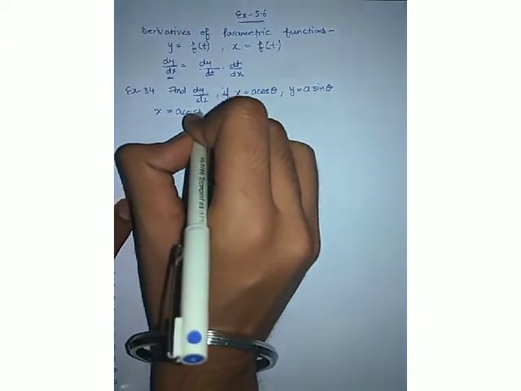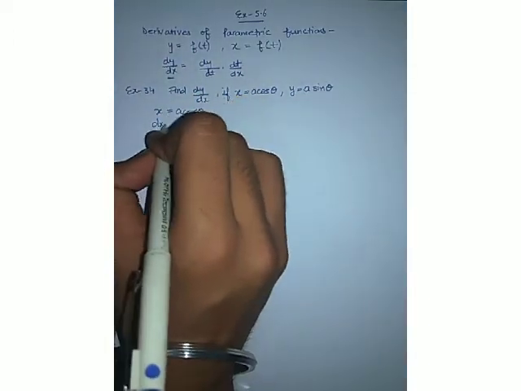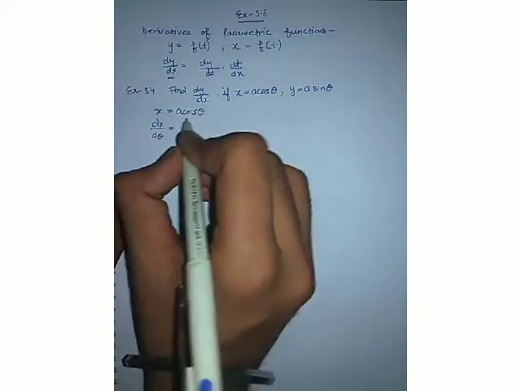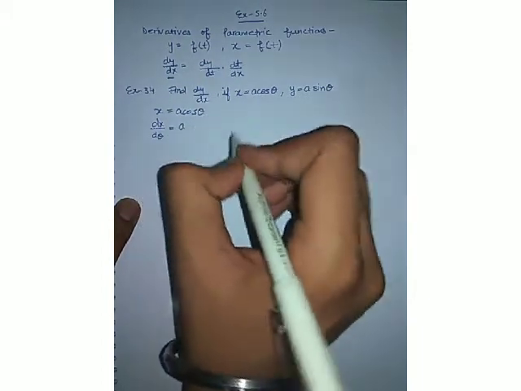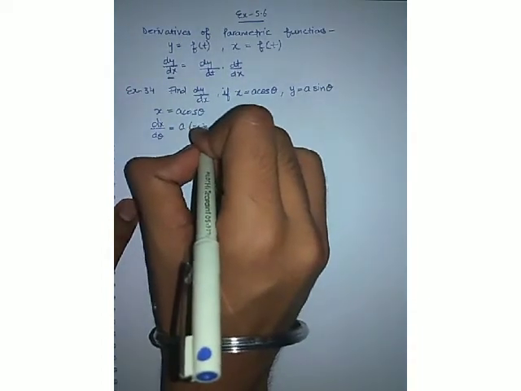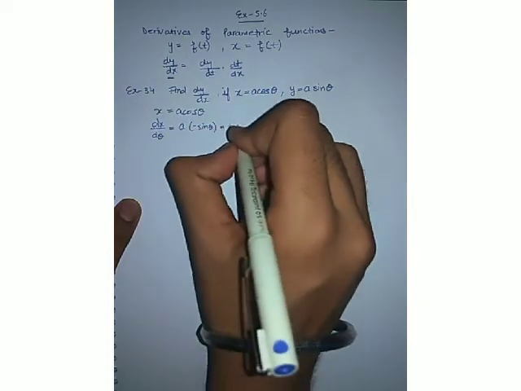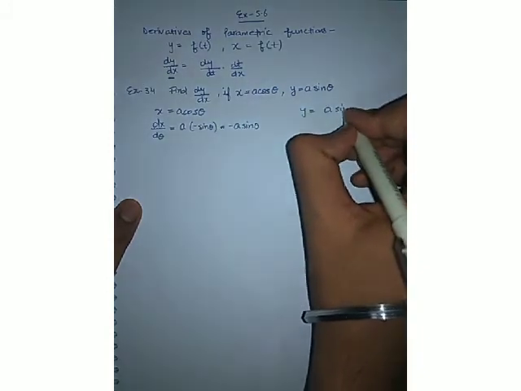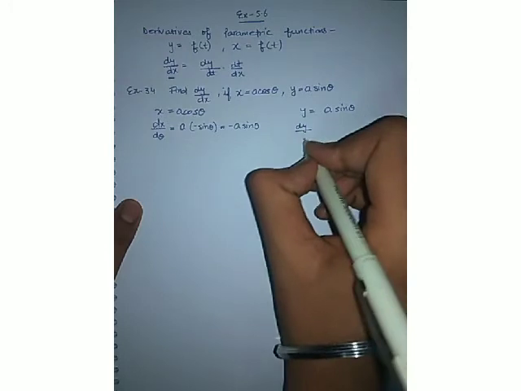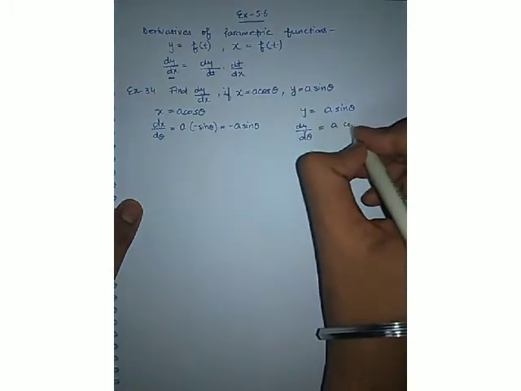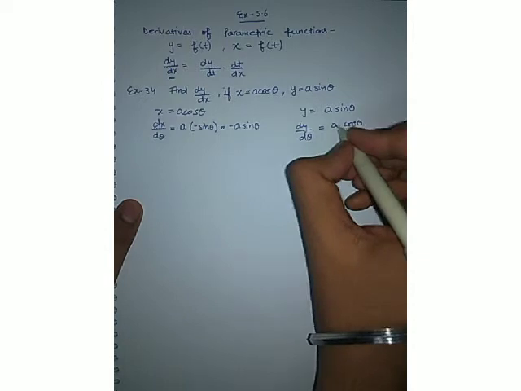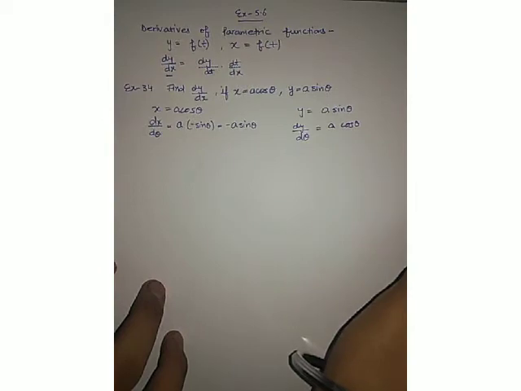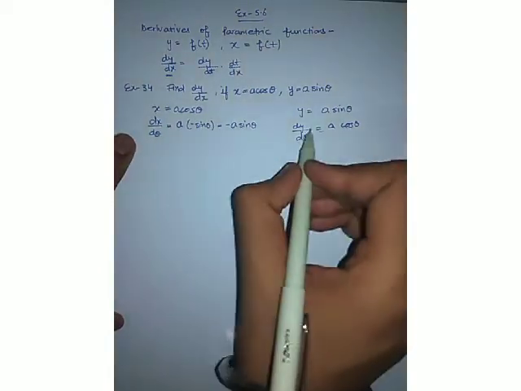That is a cos theta. And we will differentiate x with respect to theta because it's a function of theta. So dx upon d theta will be equal to, now a is constant and cos theta will be differentiated with respect to theta. You will get minus of sine theta, and the result you will get ultimately is minus a sine theta. Now what's y? Y is a sine theta. When you will differentiate y with respect to theta, you will get a of cos theta because a is constant, so it will be out of the differential. Only sine theta will be differentiated with respect to theta. Clear? Now we have dx by d theta, dy upon d theta.